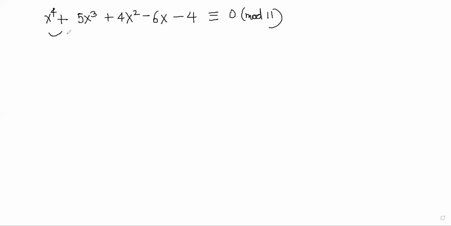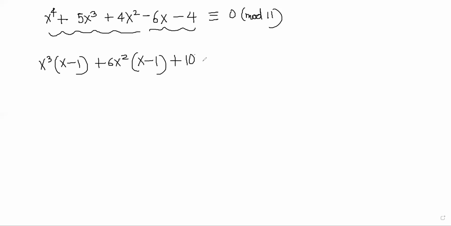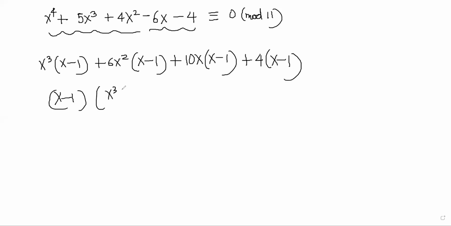I actually guessed 1 as a solution. 1 is fitting: 1 plus 5 plus 4 is 10, minus 10. Correct. Using that we can factorize it. So you can factorize it how? x cube, x minus 1, minus x cube plus 6x square, x minus 1, minus 6x square plus 10x, x minus 1, minus 10x plus 4, x minus 1. So x minus 1, and it becomes x cube plus 6x square plus 10x plus 4 congruent to 0